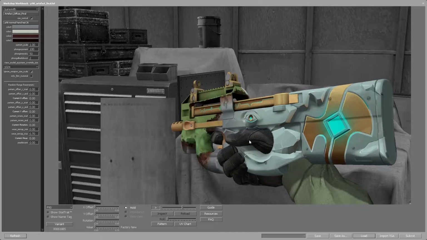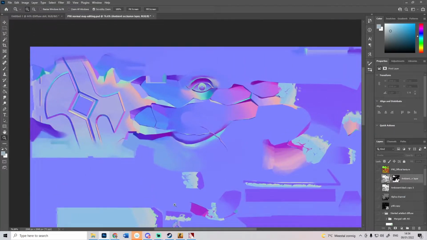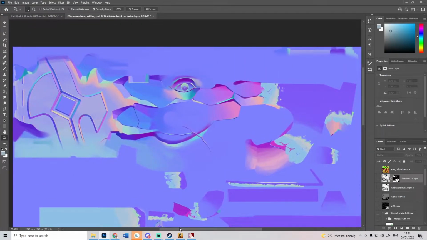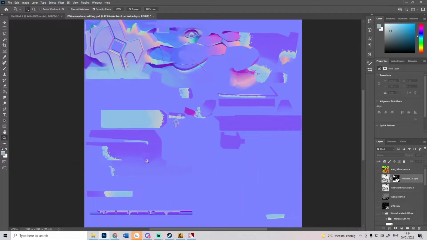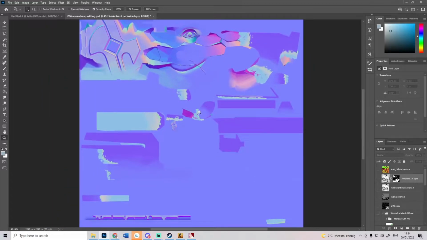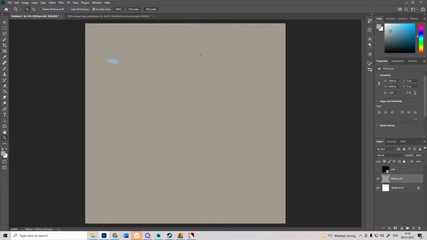So let's continue here. This is the type of effect we're going for, and I'll show you very quickly what this looks like in Photoshop. This is the normal map that I painted by hand specifically for that model. As you can see, a lot of intricacies going on, many weird bright colors. What the hell is even happening? So I'll go to our blank here. I have made a quick diffuse map